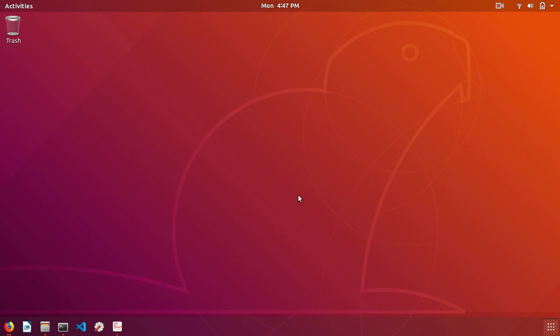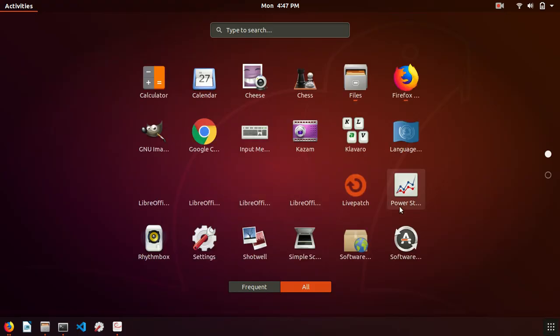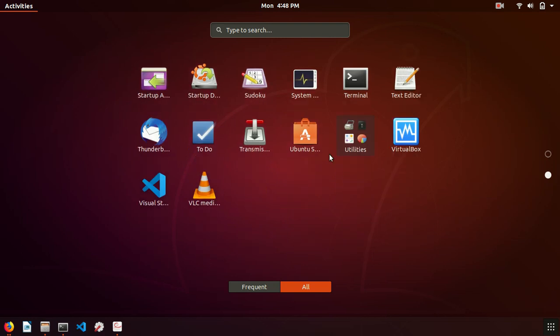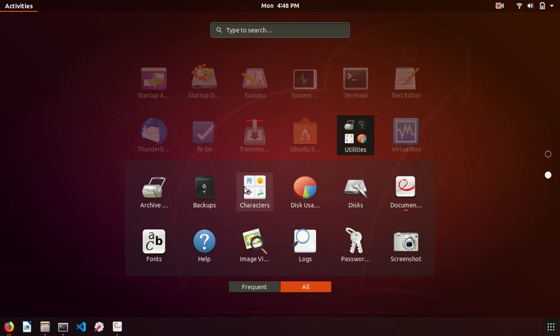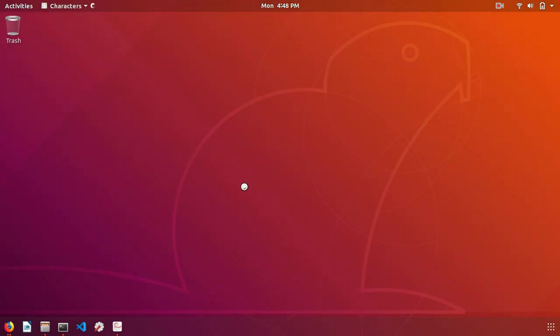I'm here to tell you how to use emojis in Linux. How to use emojis: firstly go to the software section, after that go to utilities, then go to characters. In characters you have an emoji section where you can choose emojis and just